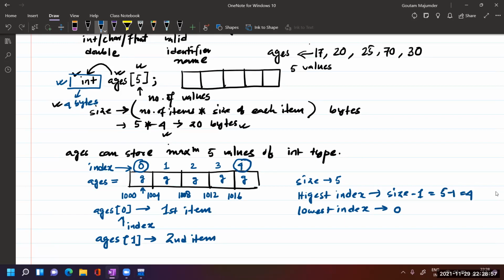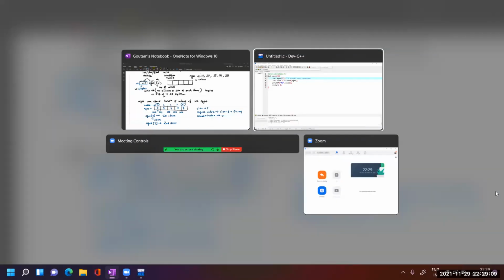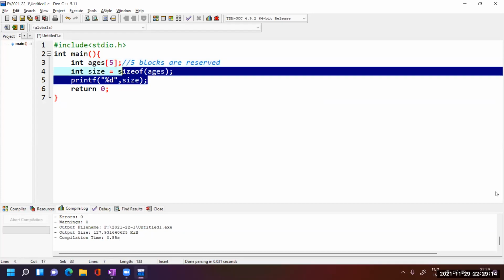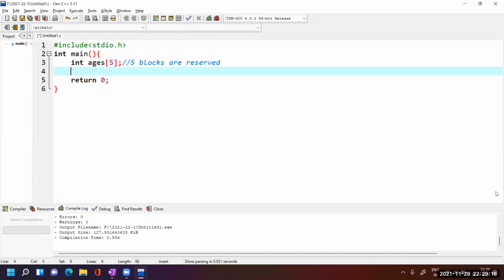Okay, so now let us see their values after declaring. Are they garbage or something else? And we are also going to see their addresses one by one. So let's do the values first. Printf. We have 5 values: percentage d, percentage d, percentage d, percentage d, percentage d.